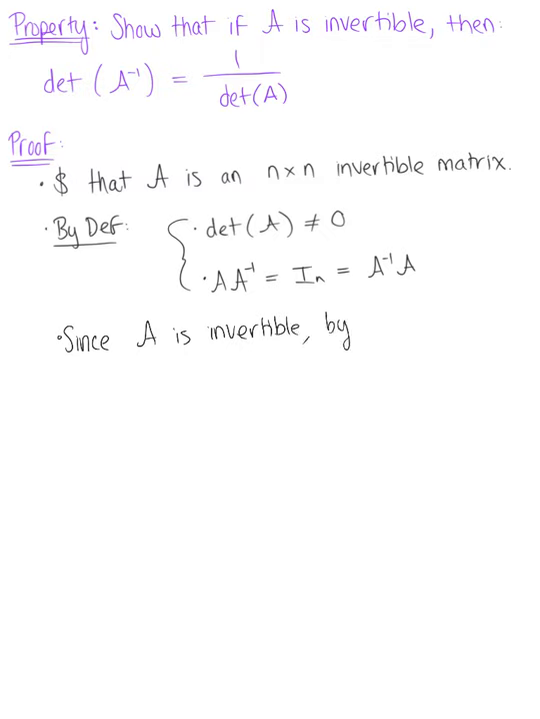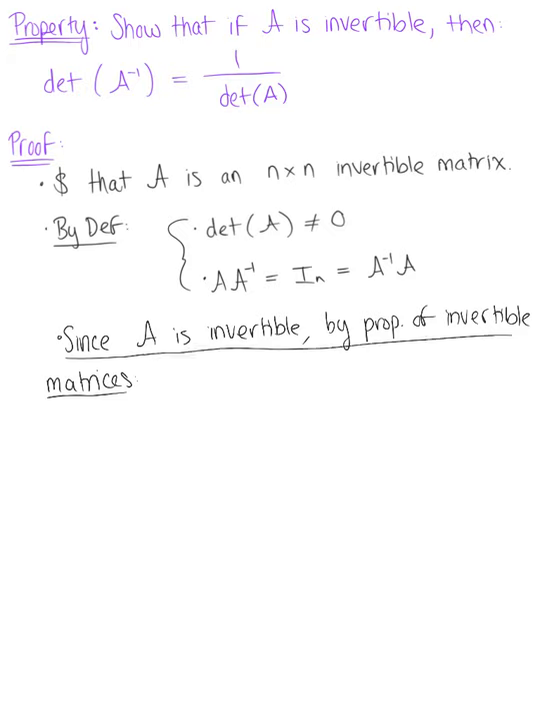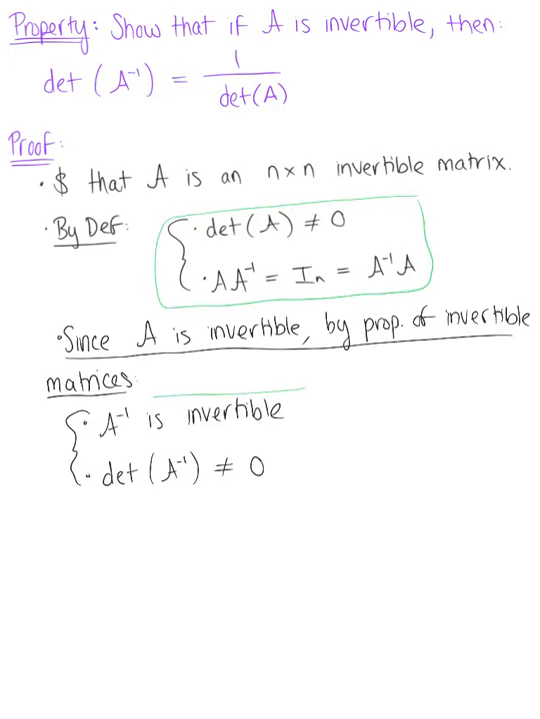by the properties of invertible matrices, we can also recall that A inverse is invertible. And since A inverse is invertible, this implies that the determinant of A inverse is not equal to 0. So keeping these two properties of invertible matrices in mind, we can now go ahead and